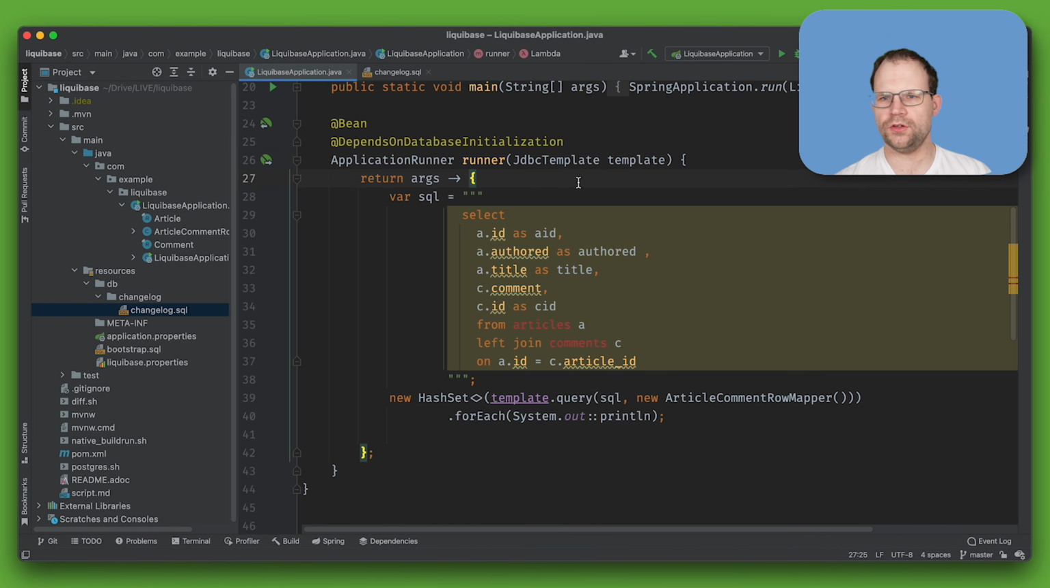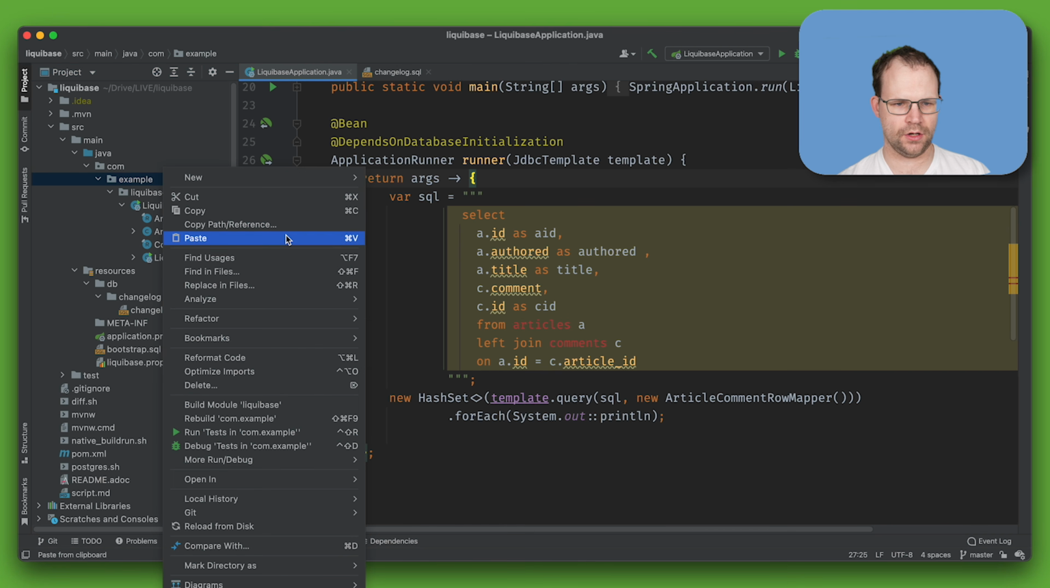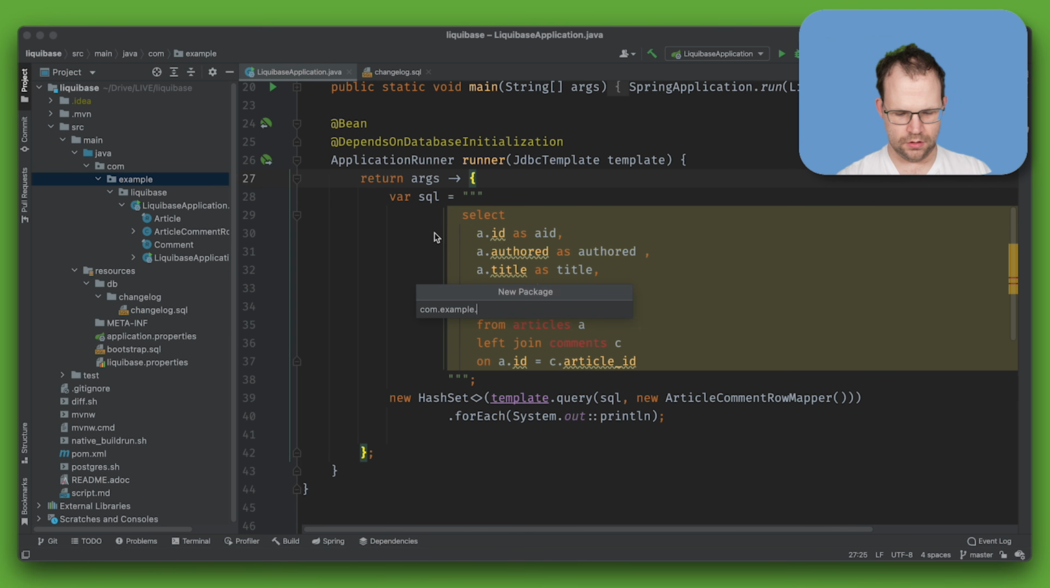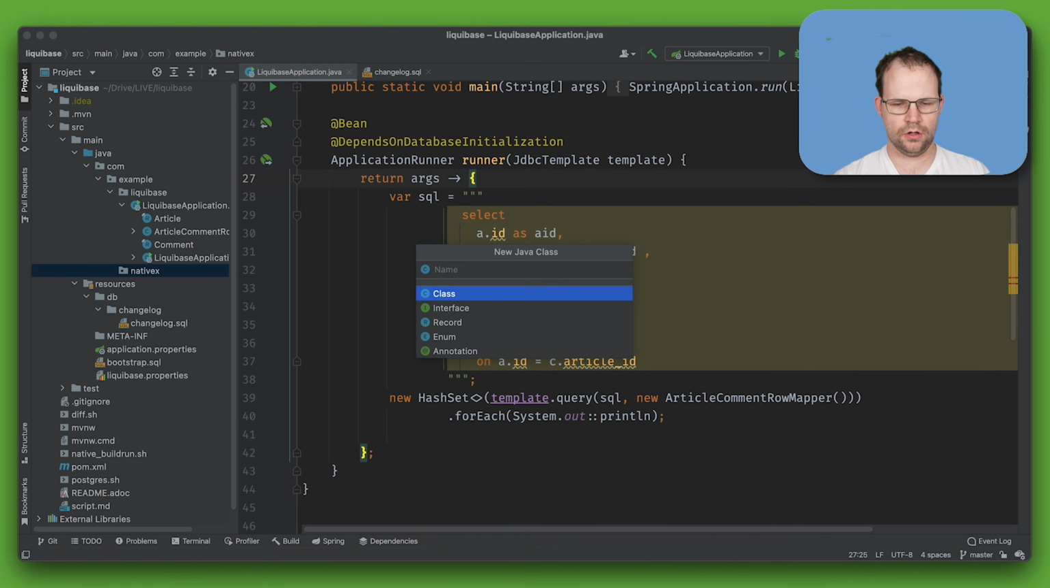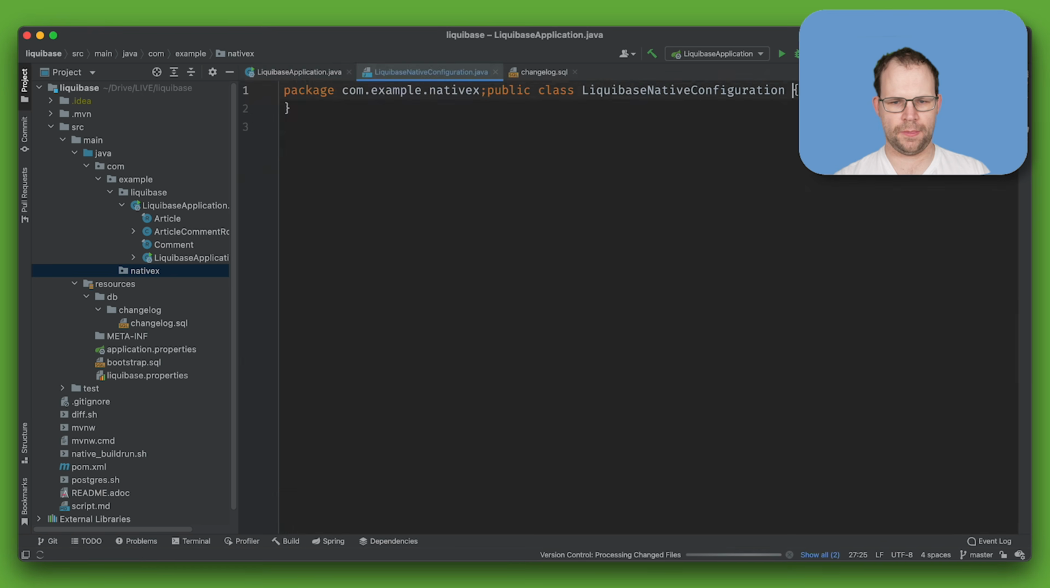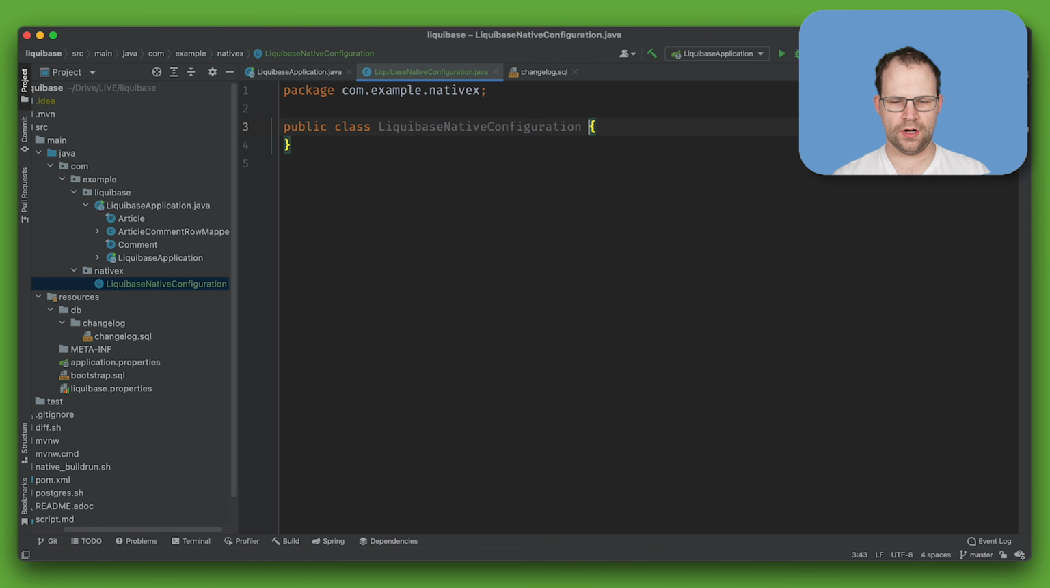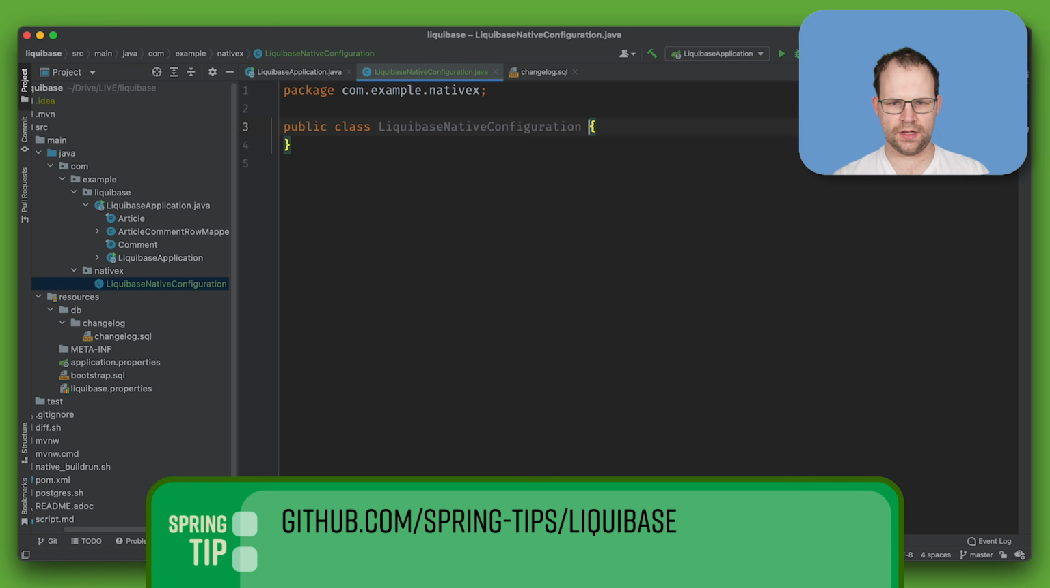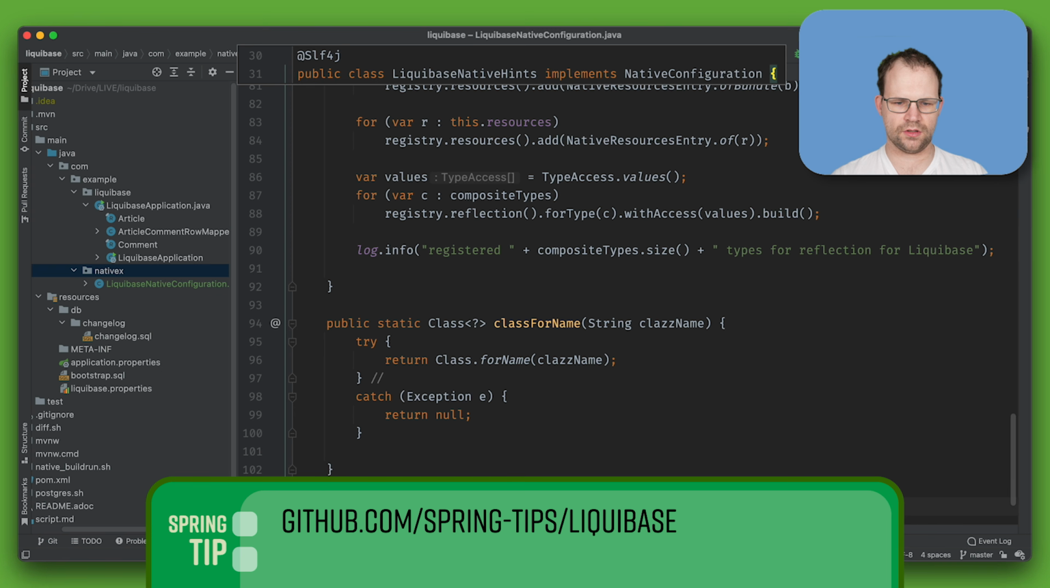Okay, so one of the things I want to do is make this work in a GraalVM native image context. If you know me, you know I love GraalVM. So I'm going to build a little hints file. I'm just going to create a new package here called nativex or something like that, and I'll create a new class called Liquibase native configuration. And I'm not going to sit here and make you watch the whole thing. I'm just going to copy and paste a file that I've already written, but whose source code you can of course find on the GitHub repository for this very project,